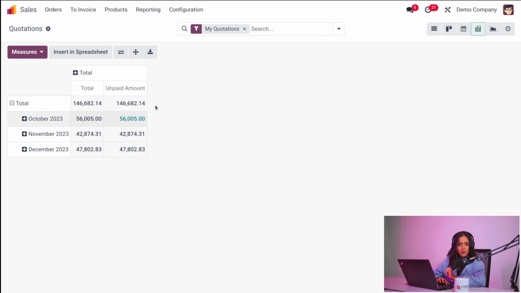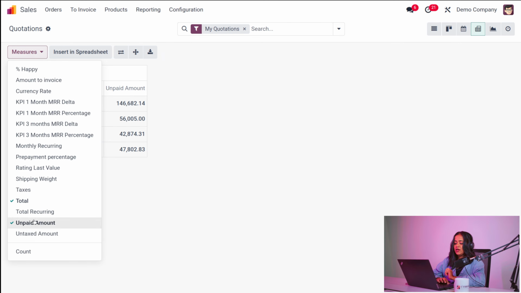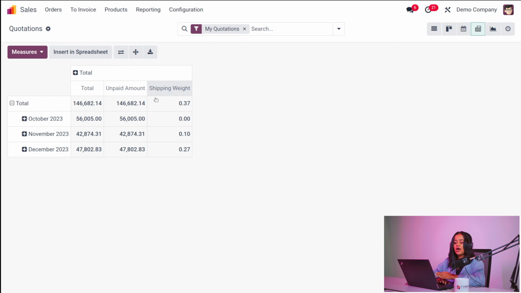See, unpaid amount is added to the table. So I'm just adding shipping weight as well. So that is also added to the table. Whatever data you want your table to display, you can choose that from measures. If you want to insert it into a spreadsheet, that is also possible simply by clicking on the insert